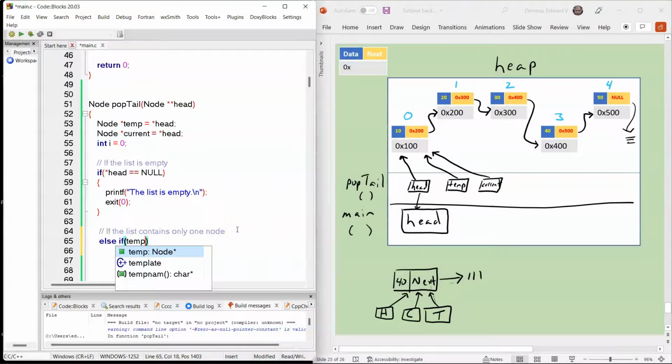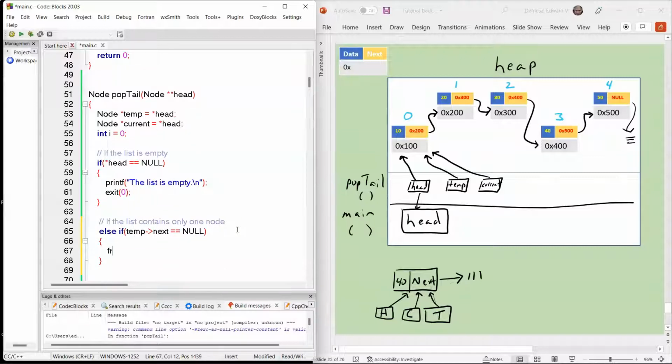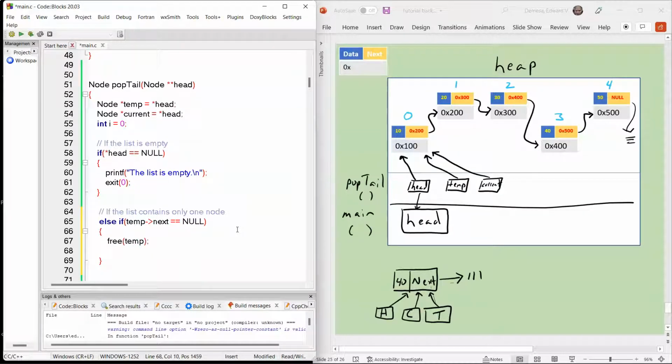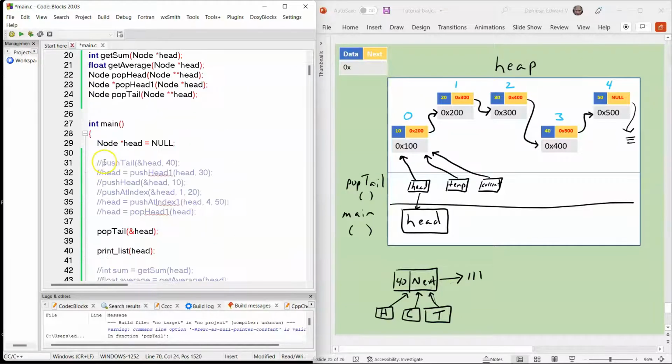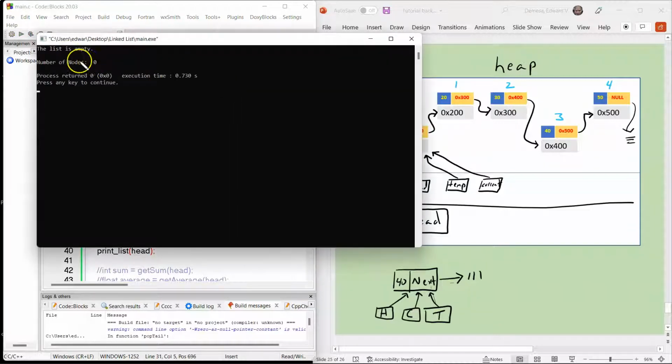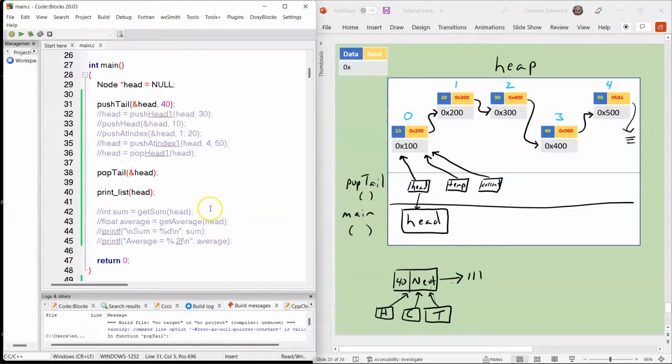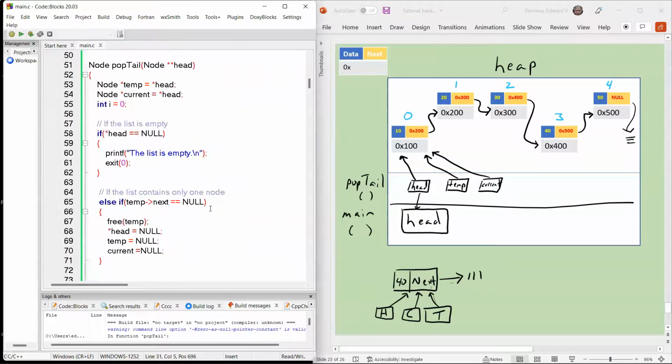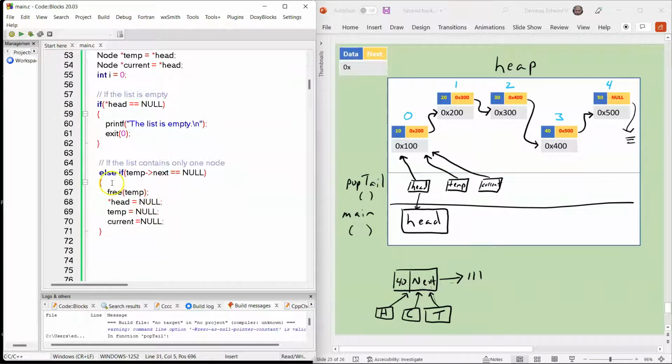Else if temp arrow next is null, then we want to free temp. But we also want to set all 3 of our pointers to null. Let's go ahead and test this condition, and let me uncomment the first. The list is empty. So let me add a print statement that will let us know that we've deleted a